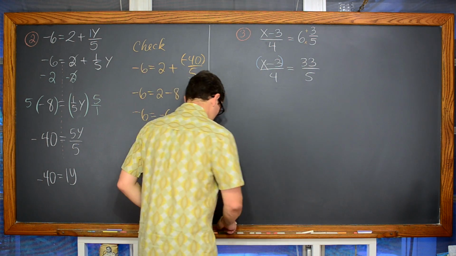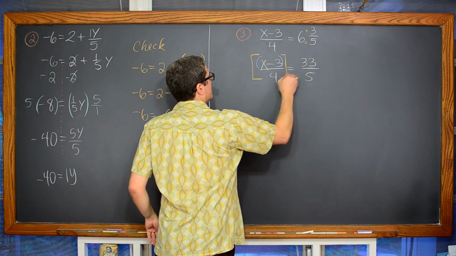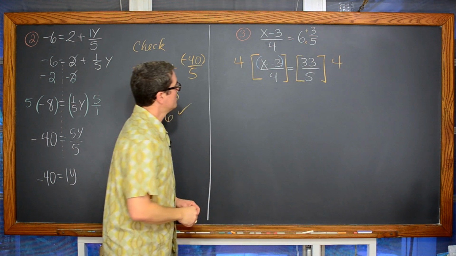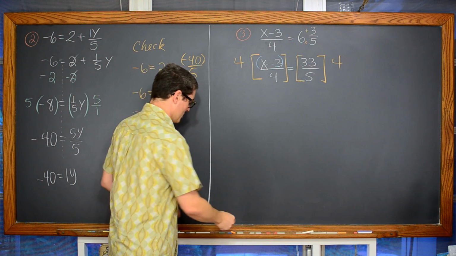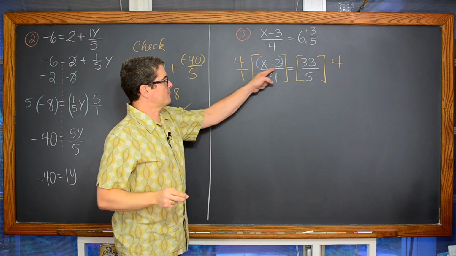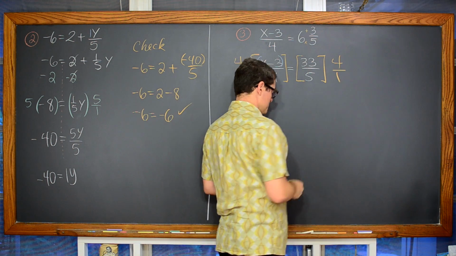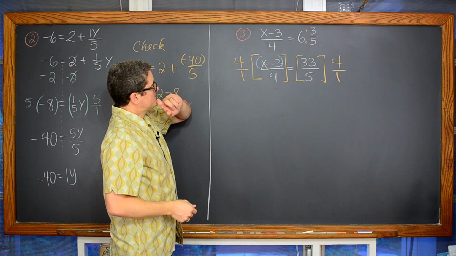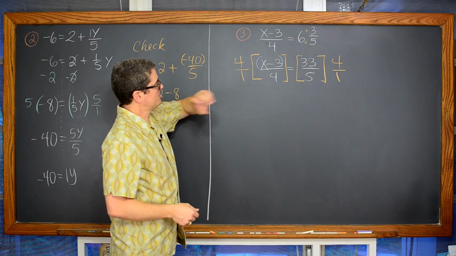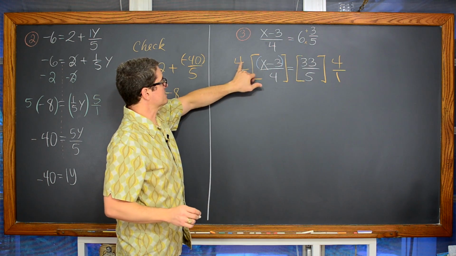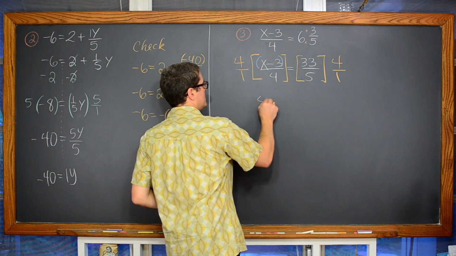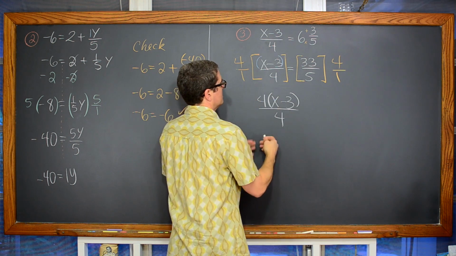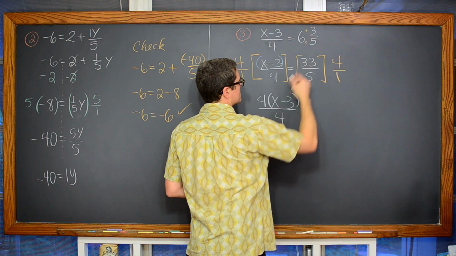So we're going to multiply both sides of this equation by 4. Okay, so that is 4 over 1 to make it line up with this fraction, and 4 over 1 over here as well. And unlike the previous problem, just to make sure I don't confuse anybody, let's go ahead and write this out. 4 parentheses x minus 3. I'm hardly going to do anything here on the left except write it a little bit cleaner. And 4 times 33, we just did that. That was